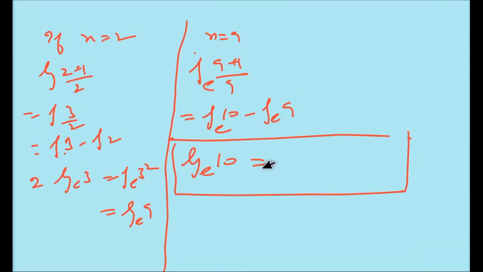Log e base 10, when we calculate it, we will get 2.302585. So if you learn this value up to 6 digits after the decimal, it will be beneficial for you. Okay, now